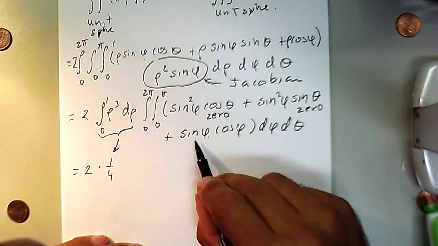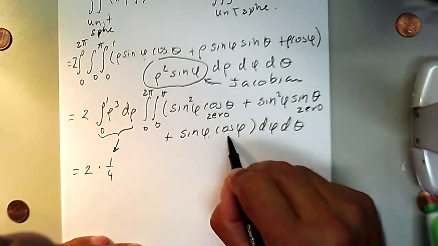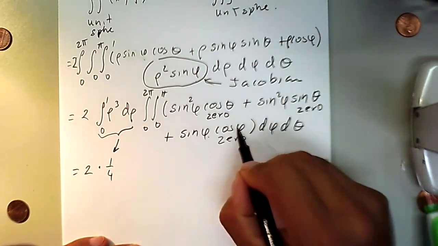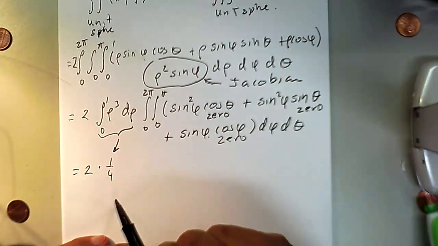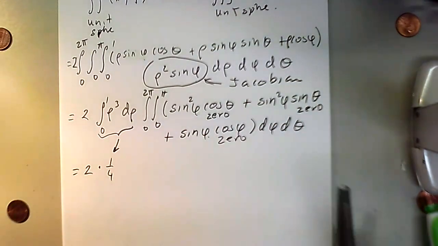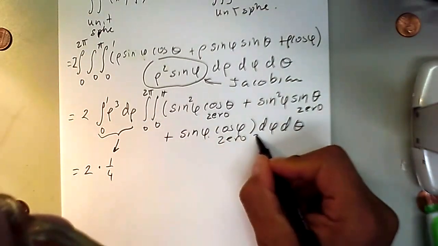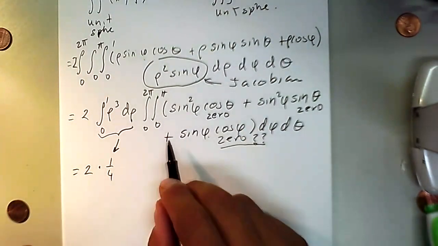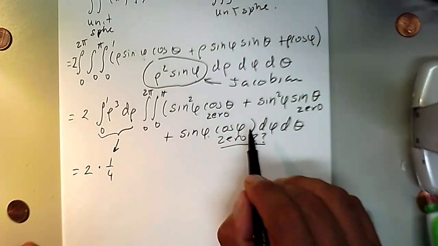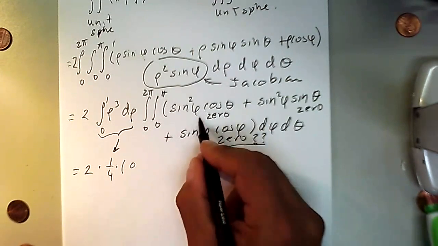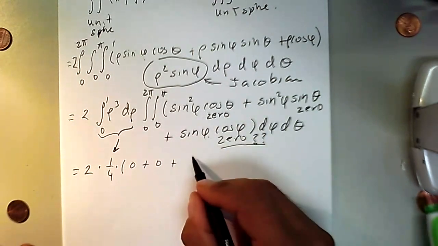Sine phi from 0 to pi, phi goes from 0 to pi. That's not going to be 0, but the cosine from 0 to pi will be 0. So in each one of those cases, oh, wait a minute, that's the same phi. We cannot split it up so easily. Whoa. No, I'm going to put a question mark. 0, I don't know. The first two are fine, no problem. But then, we're going to end up with times 0 from here, plus another 0, plus,